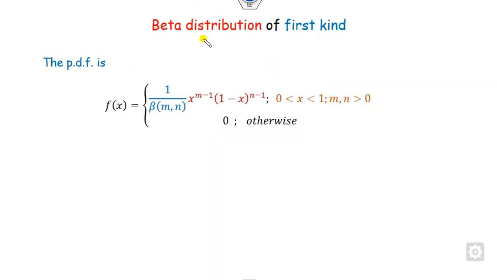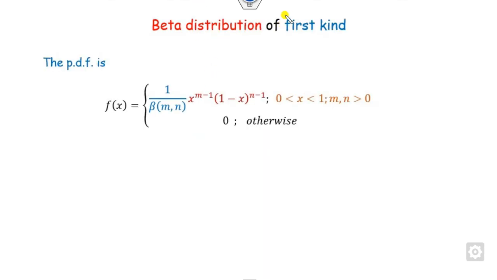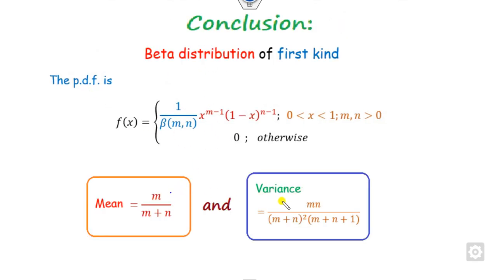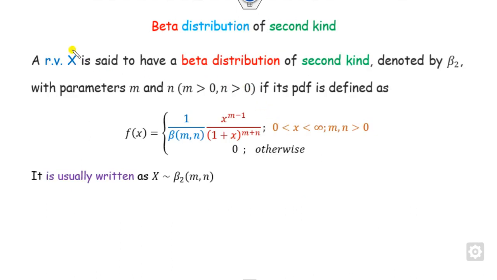And we have discussed how we can find the PDF of the first kind and the second kind. Here for the beta distribution of the first kind, the probability density function is this, and we have also discussed the mean and variances in our last class. Now in this lecture we will see how you can find the mean and variance of this distribution, that is, any random variable x having the beta distribution of the second kind, when its PDF is defined like here over the domain 0 to infinity. This means x follows the beta distribution of the second kind with the parameters m, n.